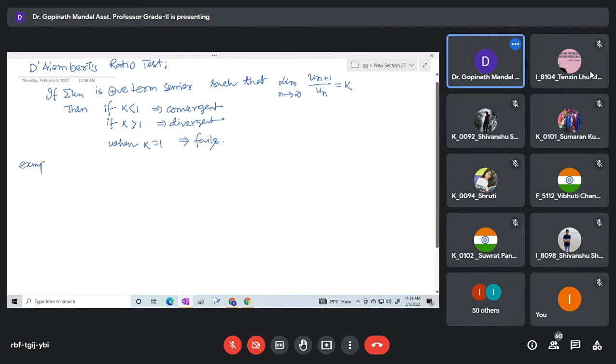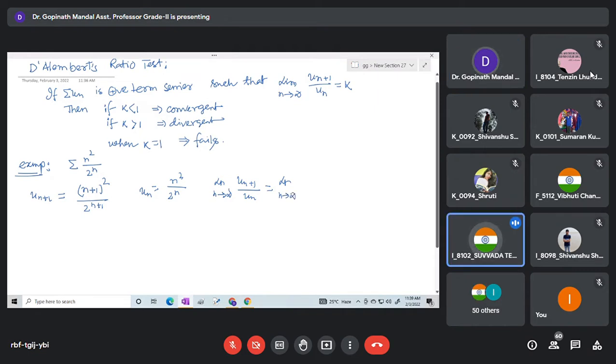Example: test the convergence of the series Σ n square by 2 to the power n. So u(n+1) is equal to (n+1) square by 2 to the power (n+1), and un is equal to n square by 2 to the power n. So the limit as n tends to infinity of u(n+1) by un is equal to